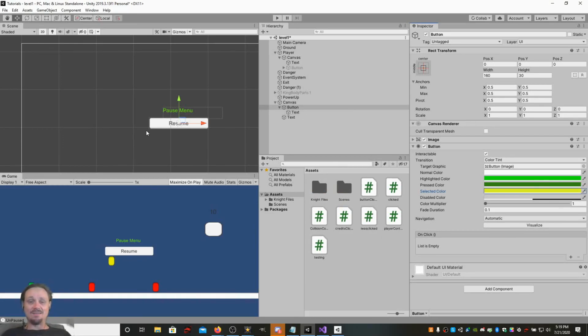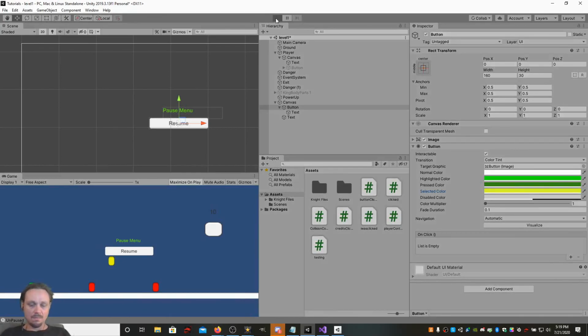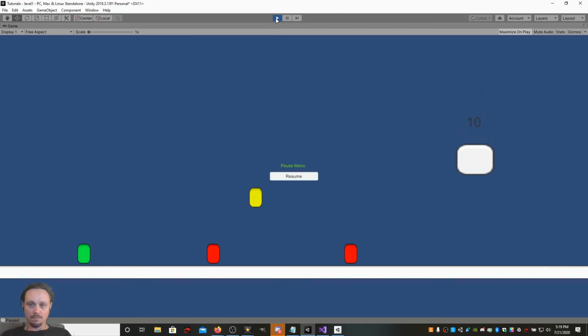Okay, now obviously I would go into this button. I would add a script if clicked, right, to make it resume the game. We're just using P right now. You know what I mean? So this should actually work. Yeah, see, pause menu, resume. Pause, resume. I don't like the way this key,